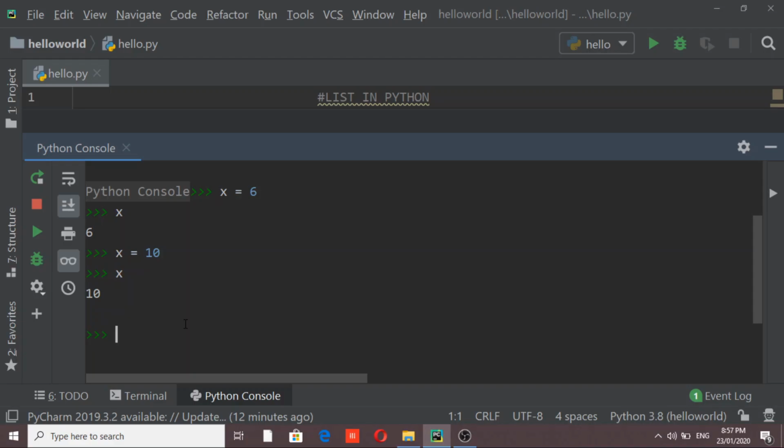Which means that if a variable is created in Python by the name x, then whenever we assign a new value to it, the old value will be replaced and the new value will be stored in that same location. Now what if I want to create some group? If we want to create a group, then in Python we call it a